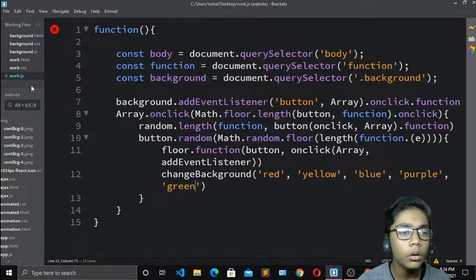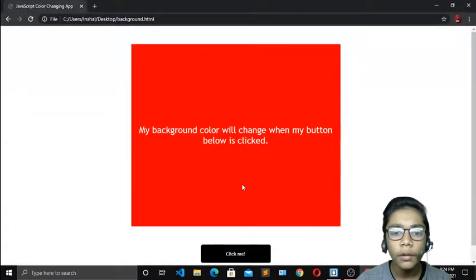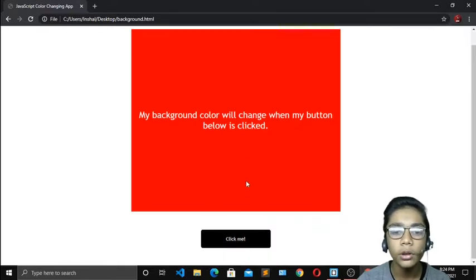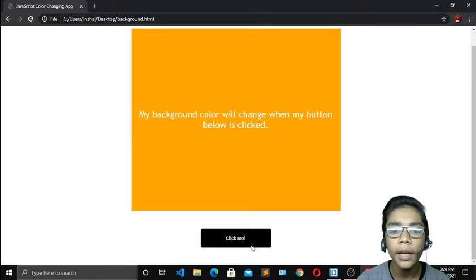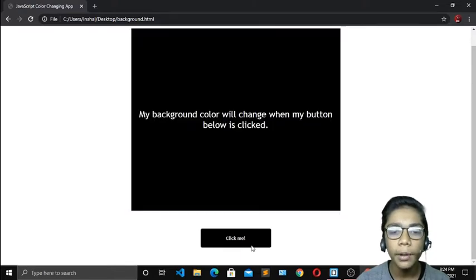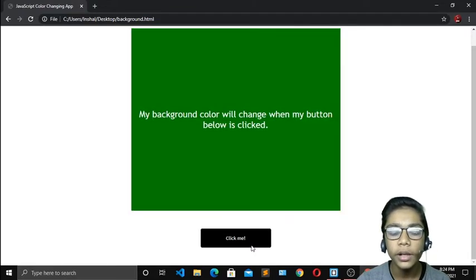Just go to your JavaScript file again, and now close all those things. So just close that, and now it is enough. If I show you in Google Chrome, over here you can see how beautiful our color changing app is looking, okay. Like I have been telling you, I will write all the text underneath in my background color. Here you can see it is written that my background color will change when my button below is clicked, okay. So if I press that, over here you can see my background color has been changed, okay. Here you can see my background color is coming randomly, okay. So how beautiful our color changing app is looking, you can see that, okay.